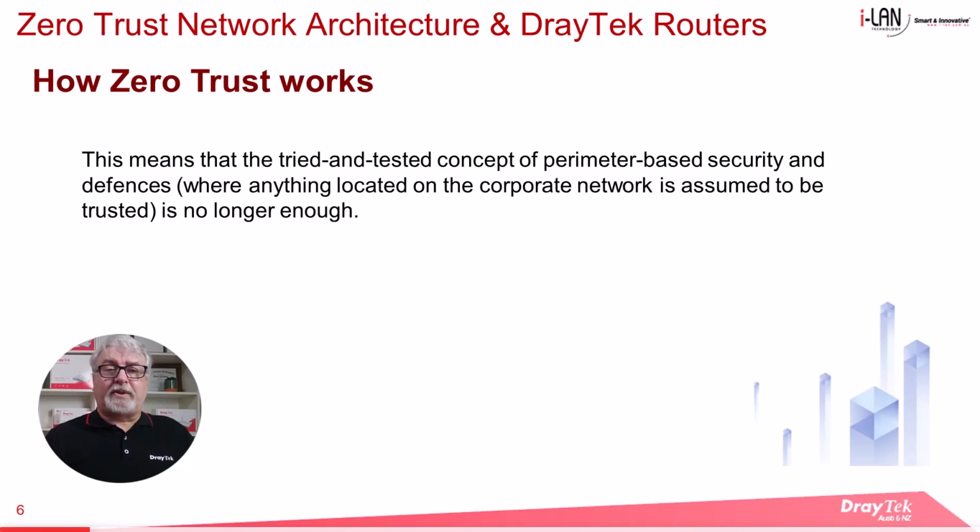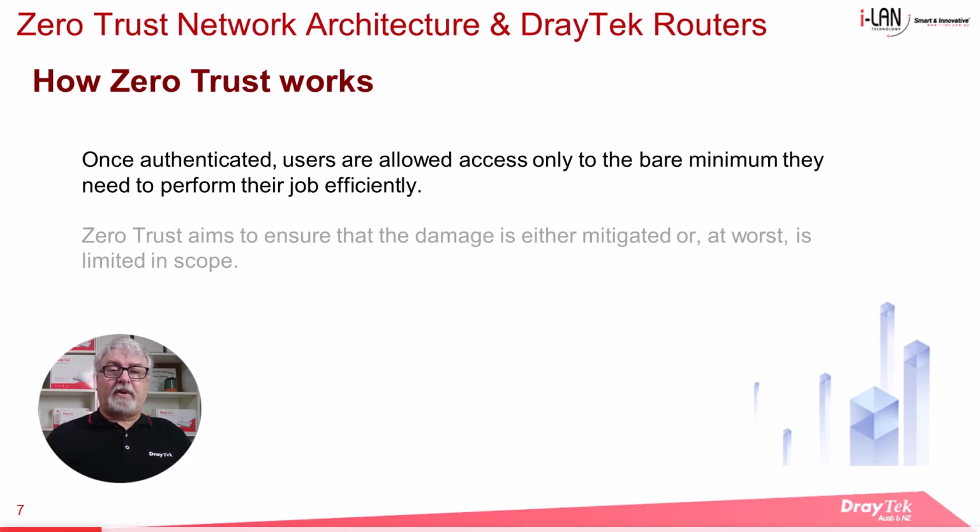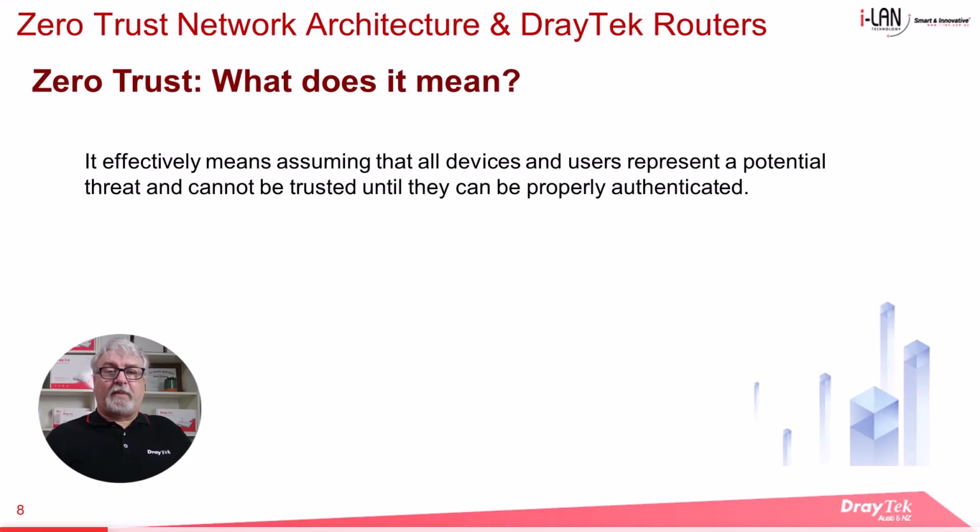This means looking at methods of both restricting access and monitoring access requests to ensure those utilising the environment are doing so appropriately. Once authenticated, users are allowed access only to the bare minimum they need to perform their job efficiently. Therefore, if a device or user account is compromised, Zero Trust aims to ensure that the damage is either mitigated by not allowing access, or at worst is limited in scope. It effectively means assuming that all devices and users represent a potential threat and cannot be trusted until they can